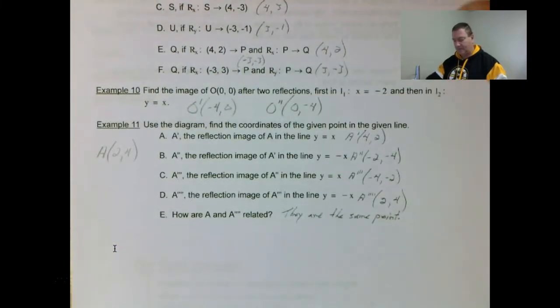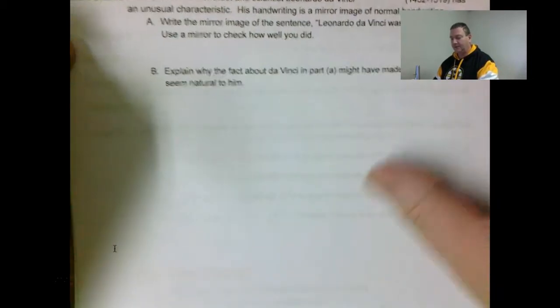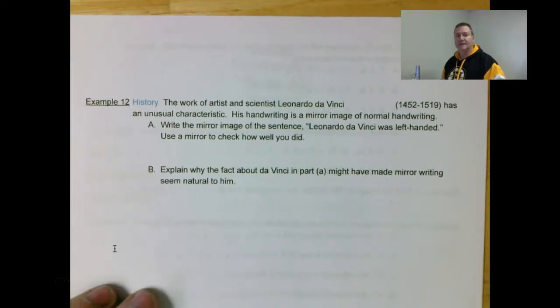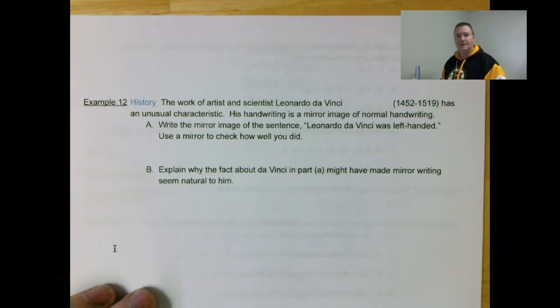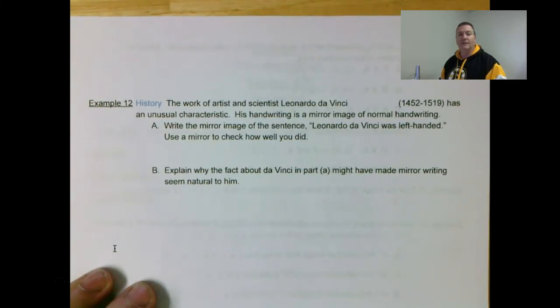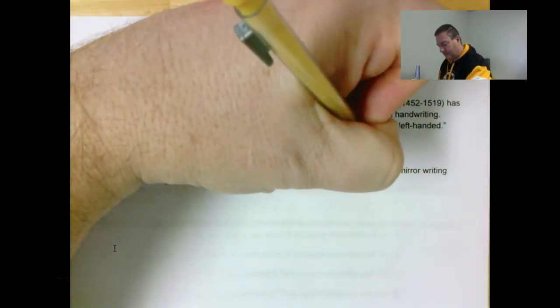Okay. Example 12. Again, my pictures didn't come out of Da Vinci. That's okay. The work of artist and scientist Leonardo da Vinci has an unusual characteristic. His handwriting is a mirror image of normal writing. When you write the mirror image of the sentence Leonardo da Vinci was left-handed, use a mirror to check how well you did. So we're going to reverse the L, reverse the E,